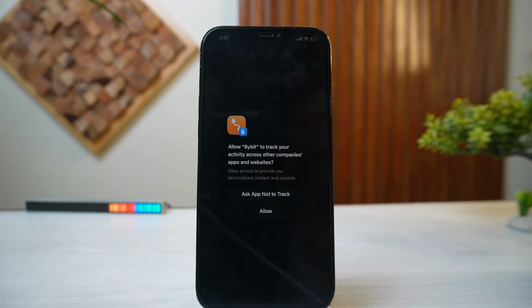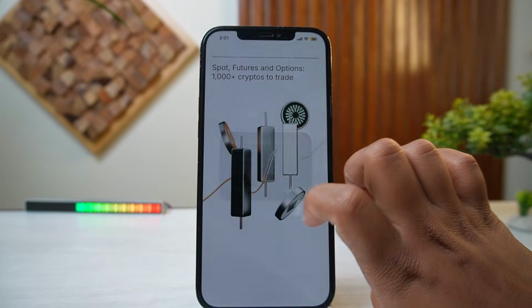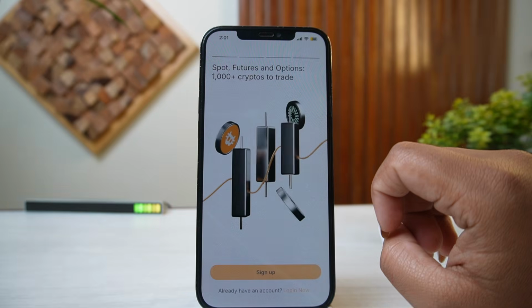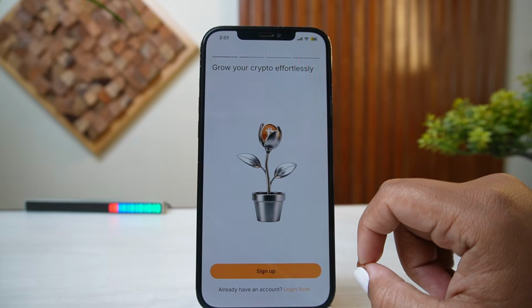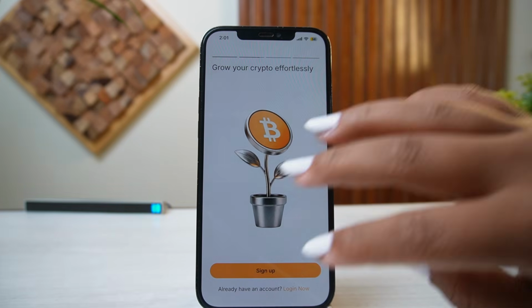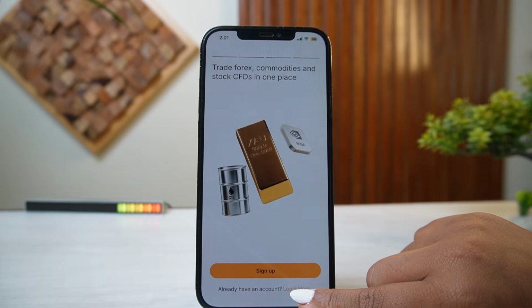How to log into your Bybit account on a new device. The very first thing you want to do is simply get the Bybit application through your App Store or Play Store and install it. Once you've done that, you will get into this particular page where you can simply tap on the option Login